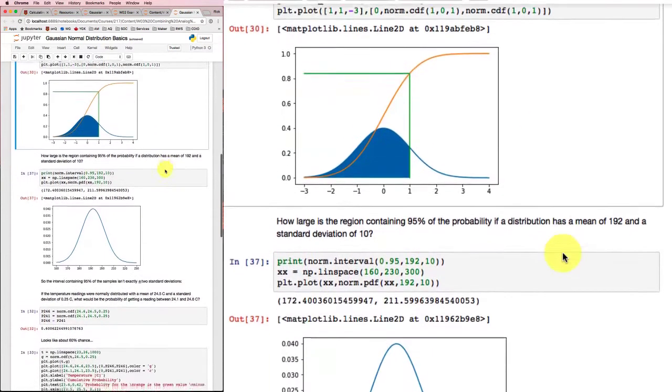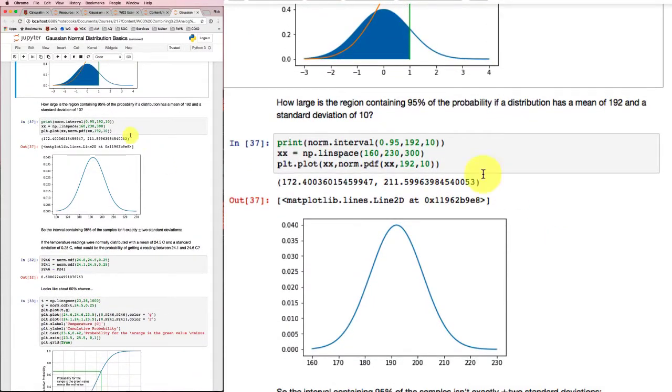Now there are other kinds of questions we could ask. For example, how large is the region containing 95% of the probability if a distribution has a mean of 192 and a standard deviation of 10? Well, remember that 95% of the probability lies in between about plus or minus 2 standard deviations. So 192 minus 10 would be 182. Minus 2 standard deviations would be 172. And plus 2 standard deviations would be